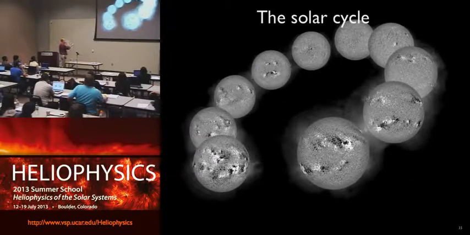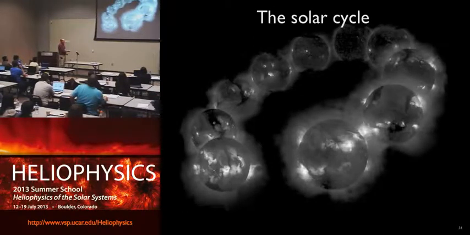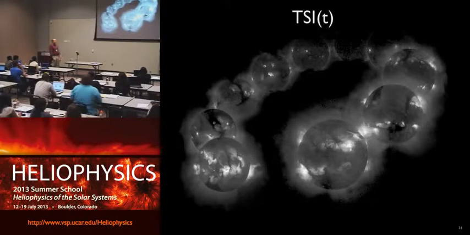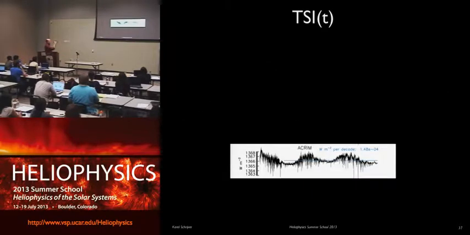The solar cycle makes the sun change over time. It changes differentially at different wavelengths. If you look at the X-ray sun, it's an incredible spectacle in change. And if you look at the white light sun, you go, oh, that could be more exciting. But all of that adds up to what is the total solar irradiance as a function of time. And I would love to be able to show you only this picture. That now that we've looked at the total solar irradiance over about 25 years in time, we can actually show